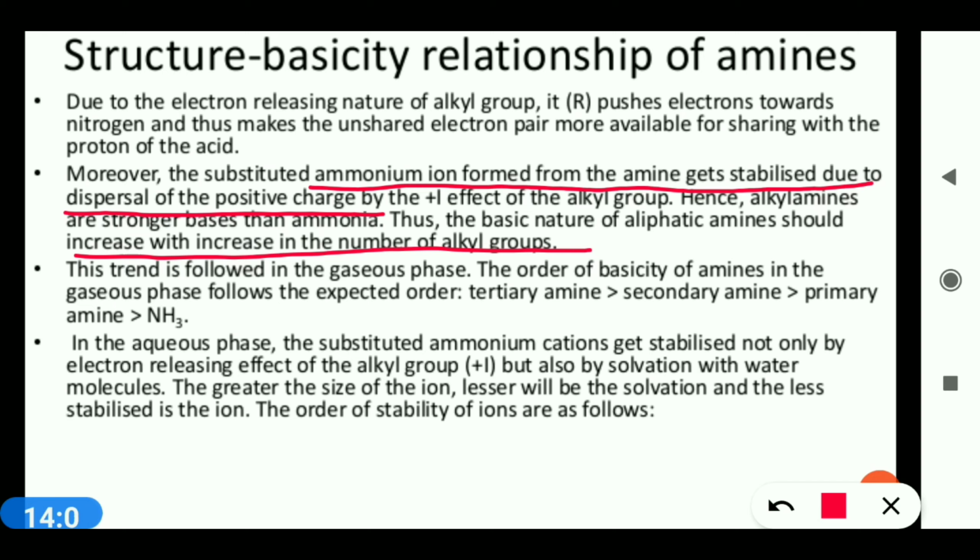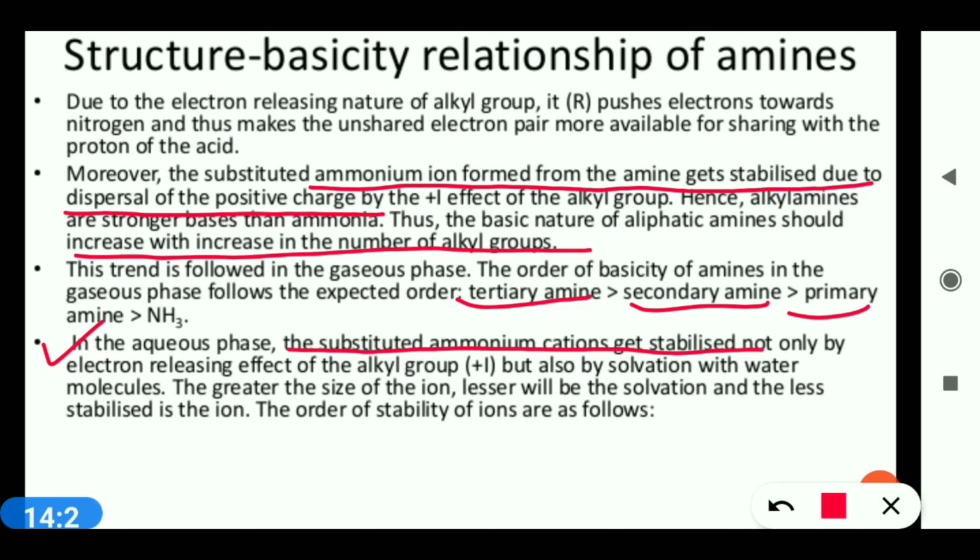Next, this trend is followed by the gaseous phase. The order of basicity of the amines in the gaseous phase follows 3 degree, 2 degree and 1 degree. So when we talk about the basicity, it depends on the hydrogen bonding, it depends on the steric hindrance and then it depends on the solvation. So in the gaseous phase, it's 3 degree, 2 degree, 1 degree and ammonia. In the aqueous phase,